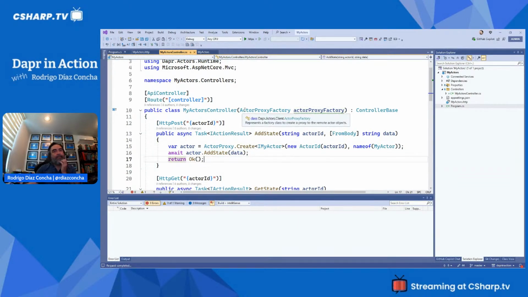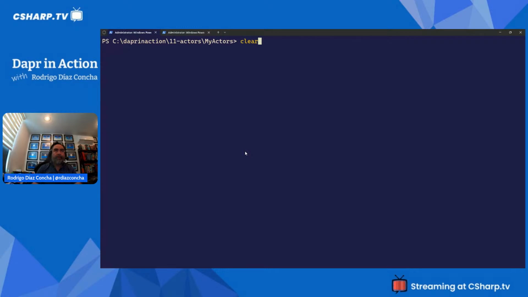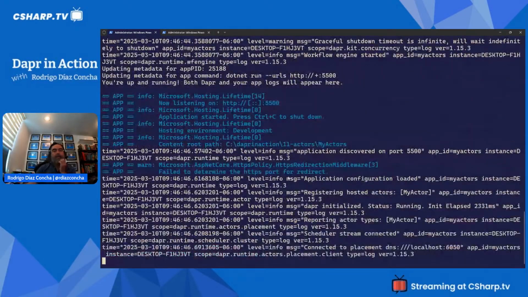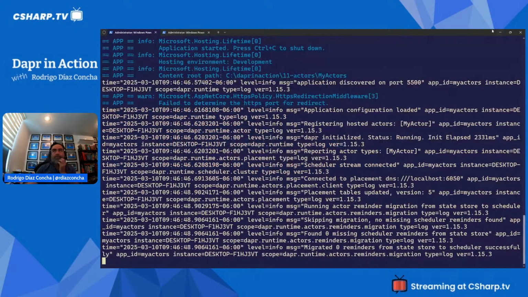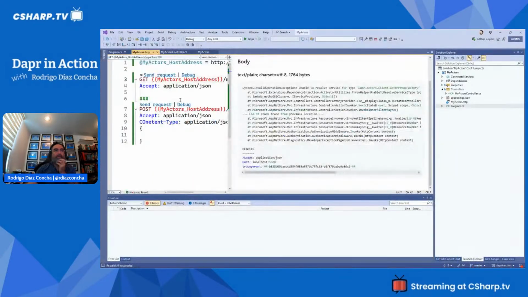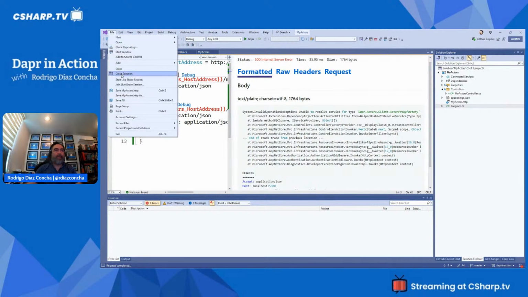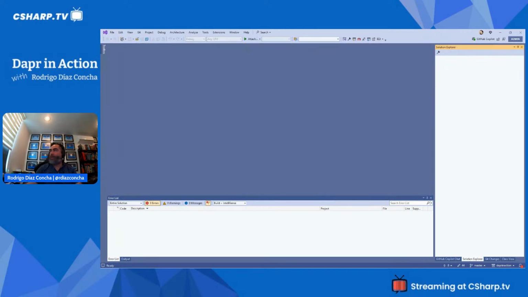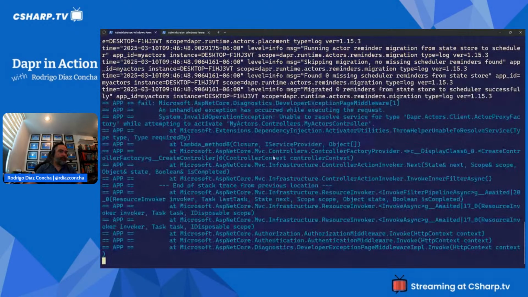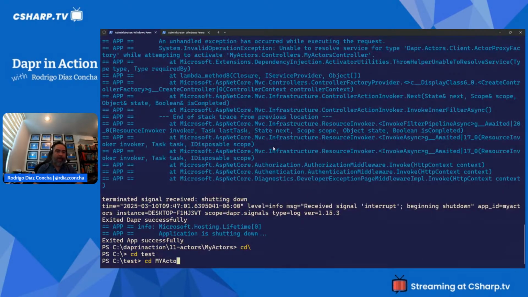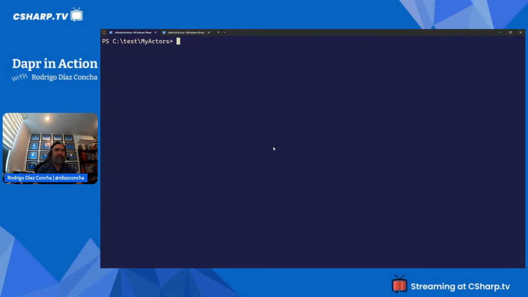And yeah, let's rebuild. Everything's rebuilding correctly. Let's try this again. Oh no, something's wrong with this. Anyway, I'm gonna show you the other. I already did this beforehand. My actors, and